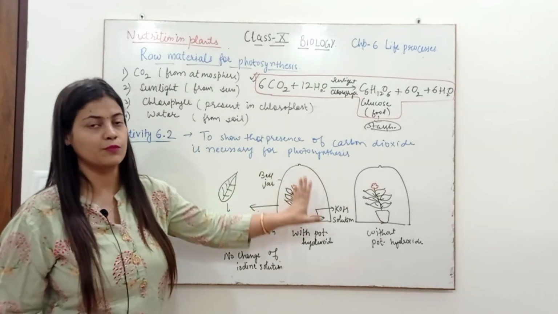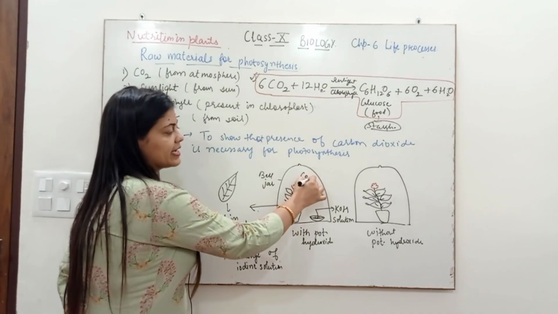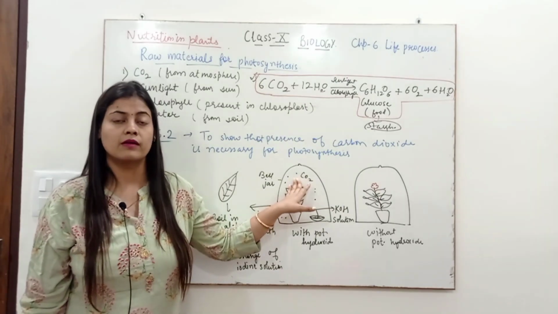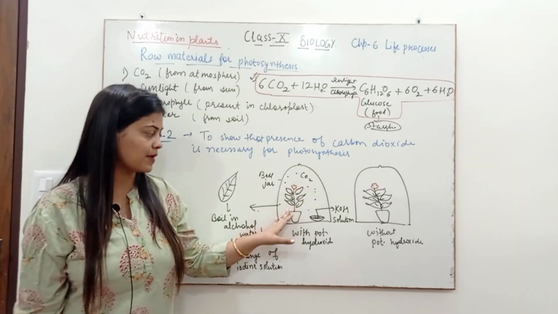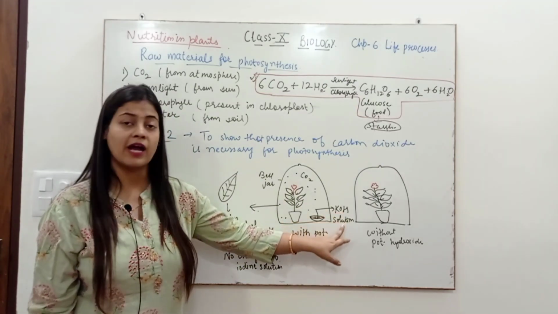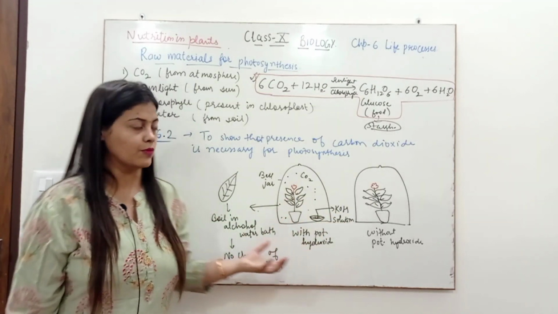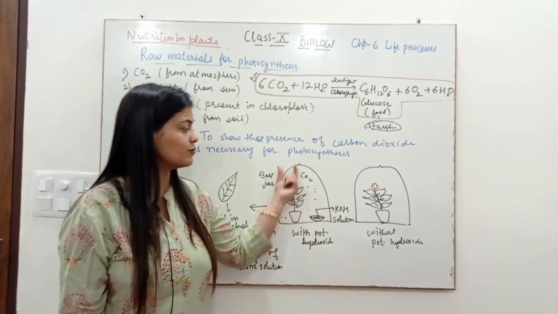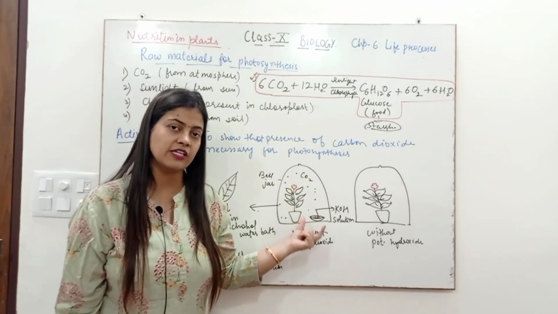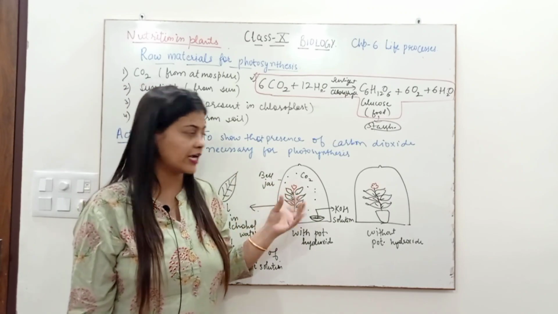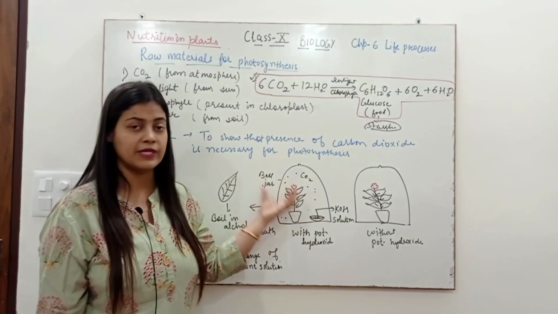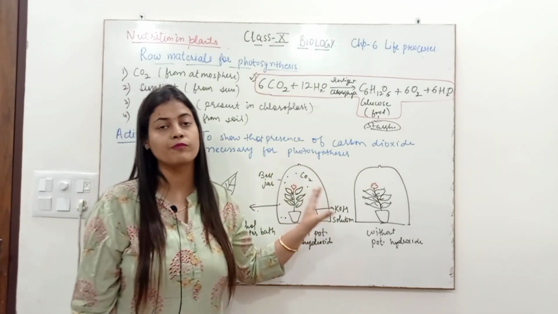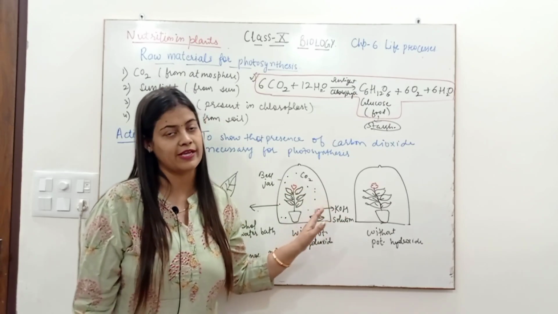It is completely airproof. It already has carbon dioxide inside. To make this carbon dioxide unavailable for the plant, we will keep potassium hydroxide solution in a jar. Why potassium hydroxide? Because potassium hydroxide solution can absorb whatever carbon dioxide is already present inside the bell jar. It is not taking carbon dioxide from outside, but there is still some carbon dioxide already present in the bell jar that can be absorbed by the solution, so that the inside of the bell jar is now completely free from carbon dioxide.